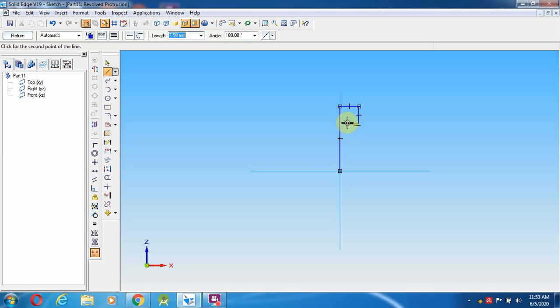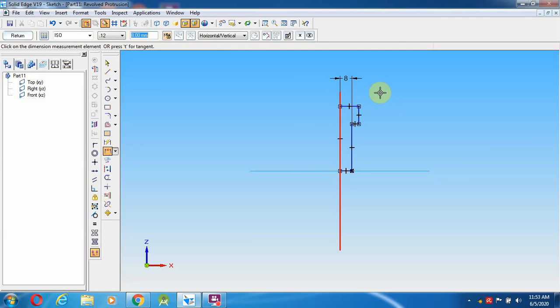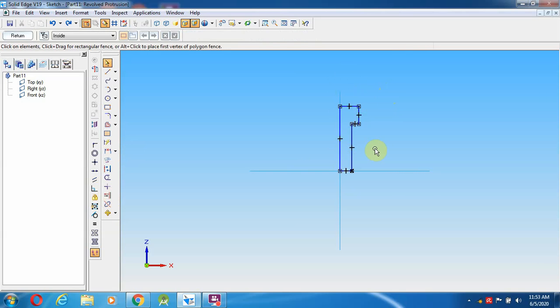Okay, 4.5. I'm going to join them here. Now I'm going to check whether the dimension is correct or wrong. So 16 mm means one side it is 8 mm.